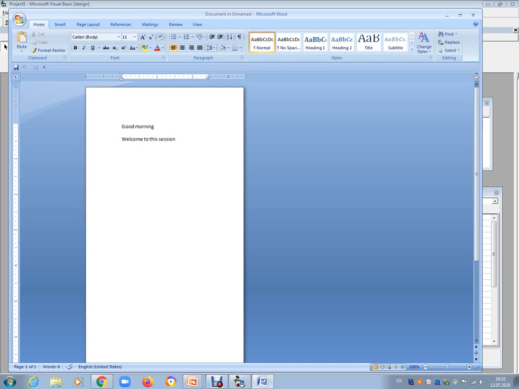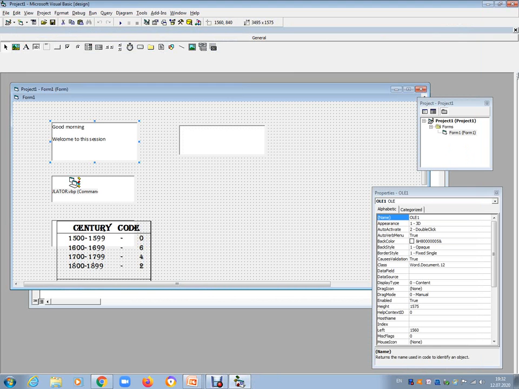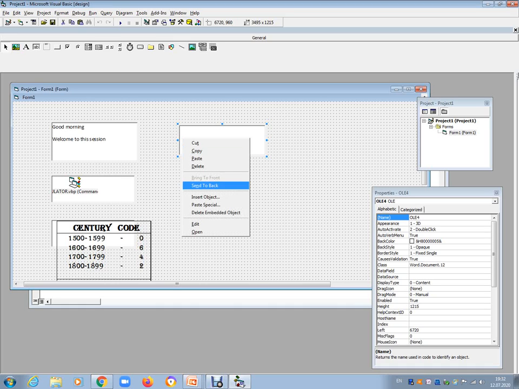Okay, in this portion I will copy only this: welcome to this session. Then just copy this. Here there is one option, that is paste special dialog box.